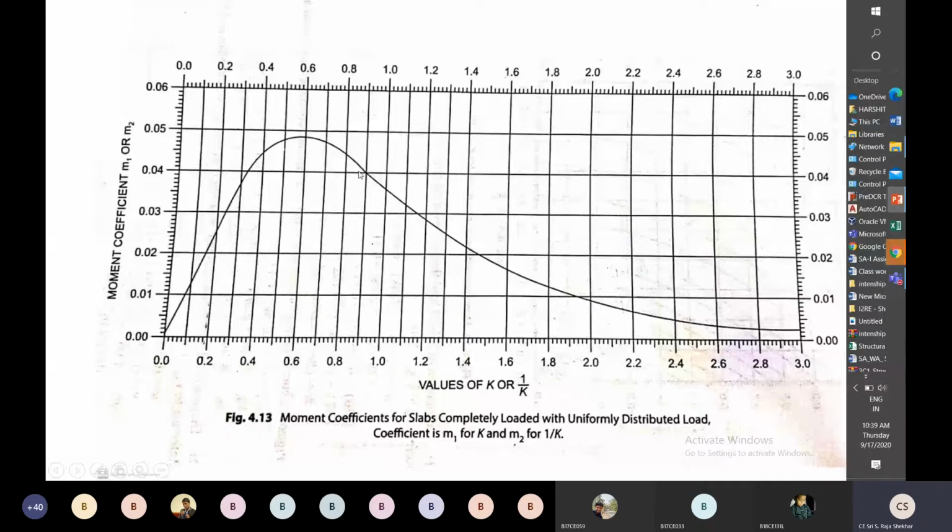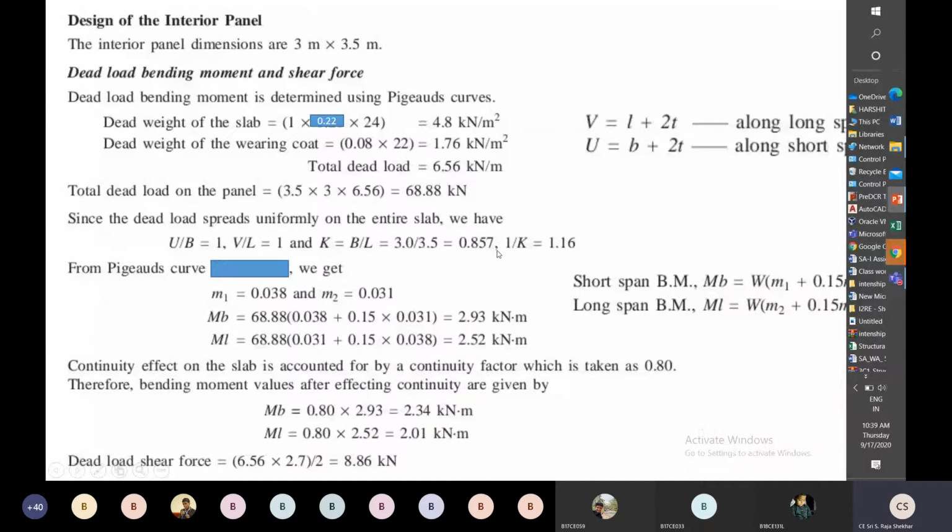The 1 by k value here we are getting is 0.857. The corresponding value we need to read is small m1. The 1 by k value is 1.16, and for that we need to read the corresponding value. So for k equal to 0.857, we get the m1 value from this curve. m1 is approximately